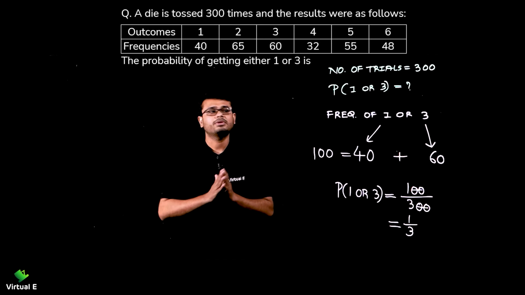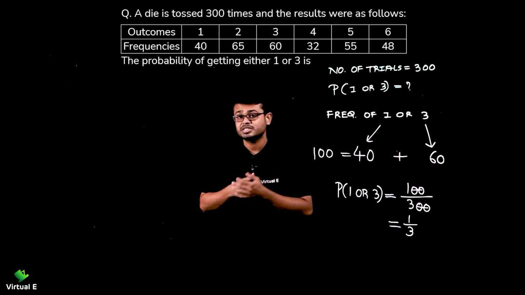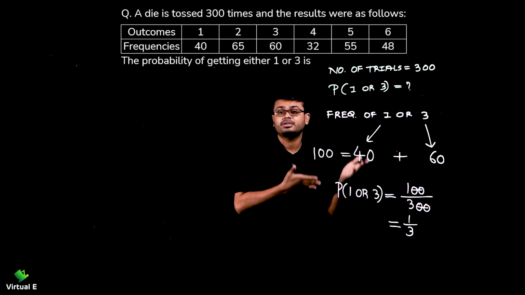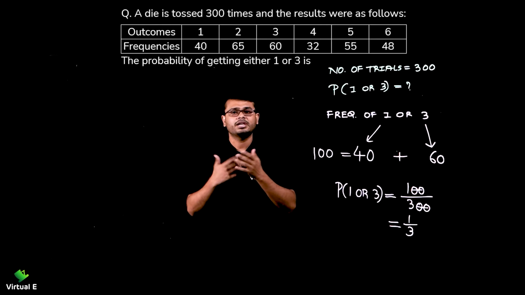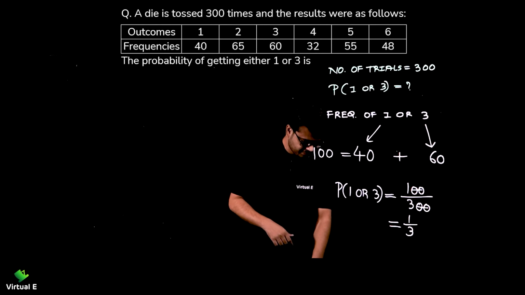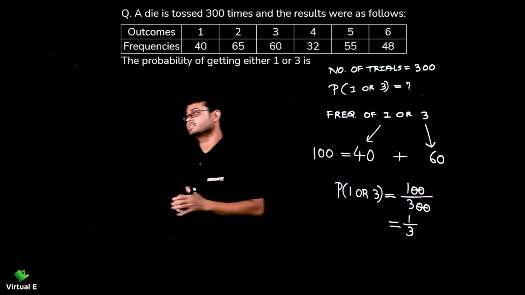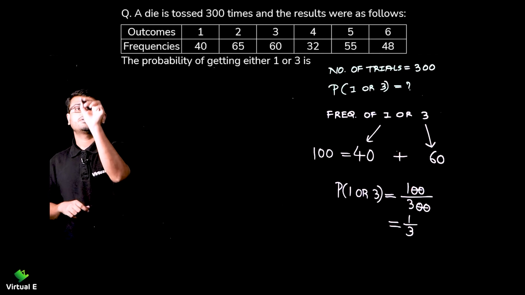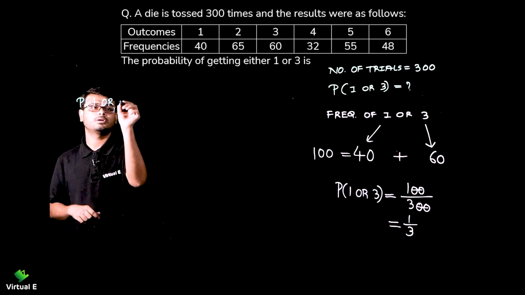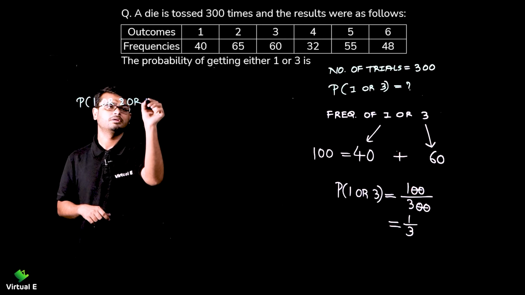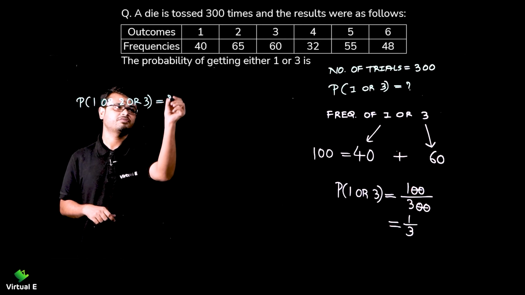Now, similarly, you can have a combination of 2 or 3 numbers as well, like 1 or 2 or 3. If we want to have 2 as well, we can do that too. Let's start with that just for the purpose of understanding. Let's take 3 numbers here: the probability of 1 or 2 or 3. We want to find this one.